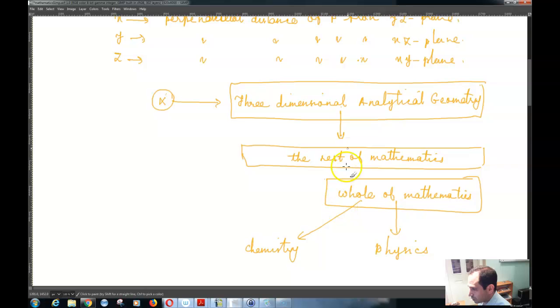So this is basically the logical chain between all of this. Any concept that we talk about here, all the details of that concept you need to know in order to understand the rest of your mathematics. Then supposing that you have understood the rest of mathematics well, then you can assume that you have understood the whole of mathematics. And the whole of mathematics you are going to need to know in order to understand physics or chemistry and other branches of science, and that becomes your